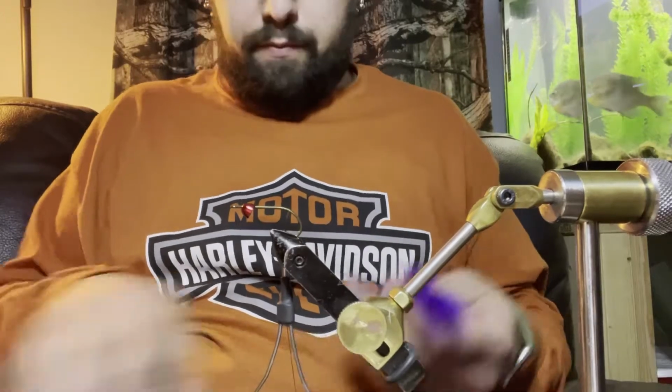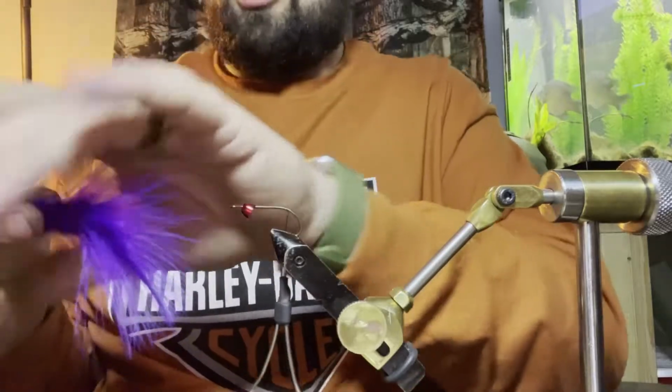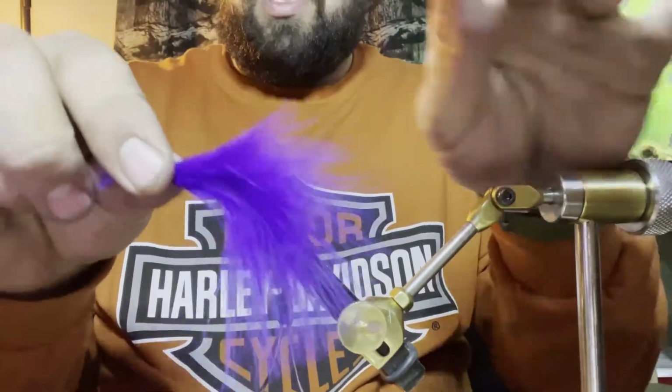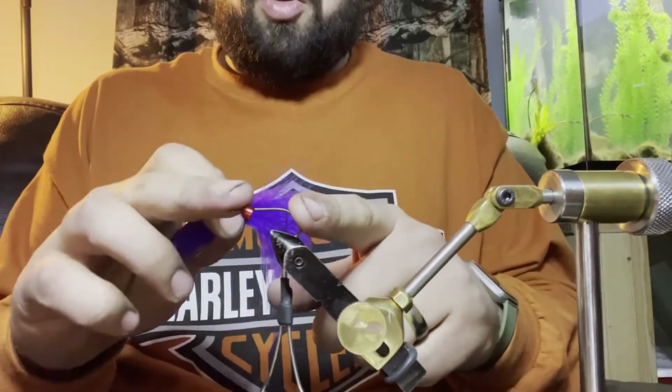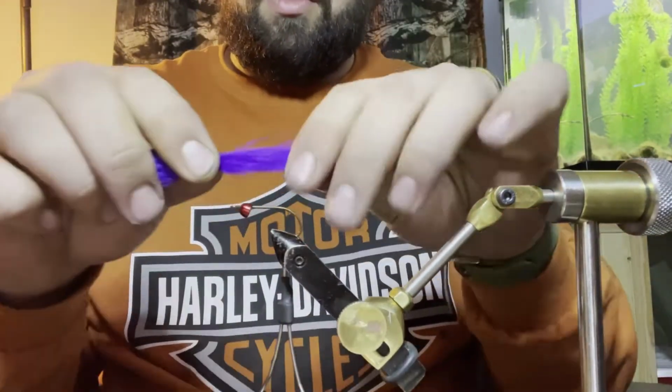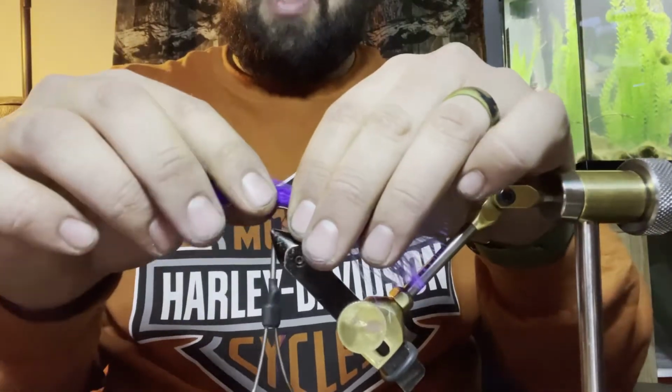So I've got, set this off to the side. I've got a couple that I like. They're smaller ones, so I've got like 3 in here, but it makes up a nice little tail here. So for my tail, I want to go twice the length of the hook shank. So I'll get it, measure it, that's where I'm going to set, and then I'll come up and I cut